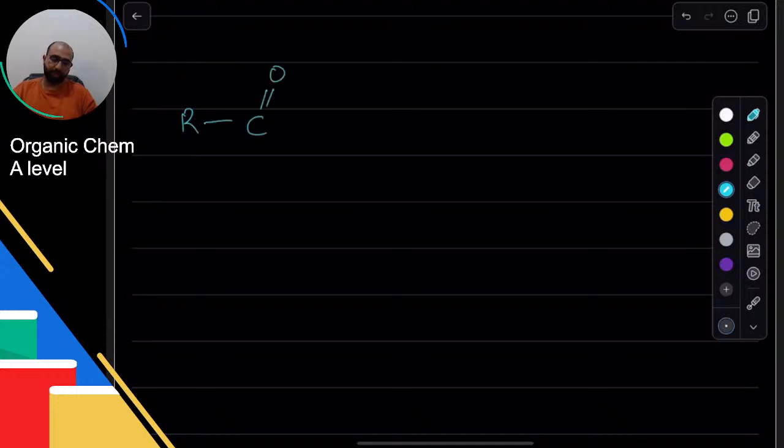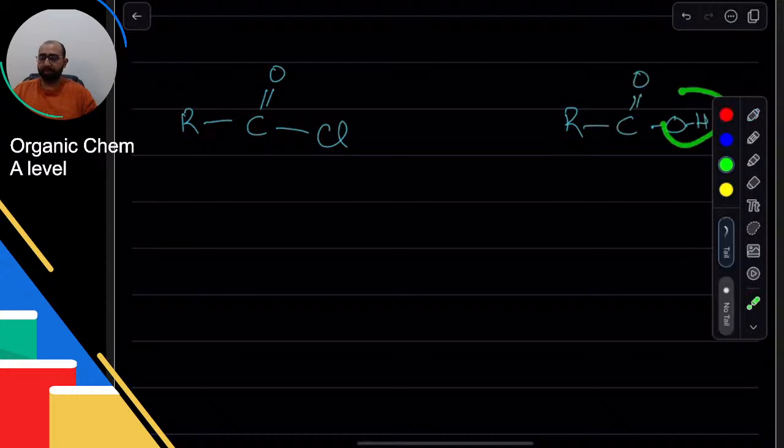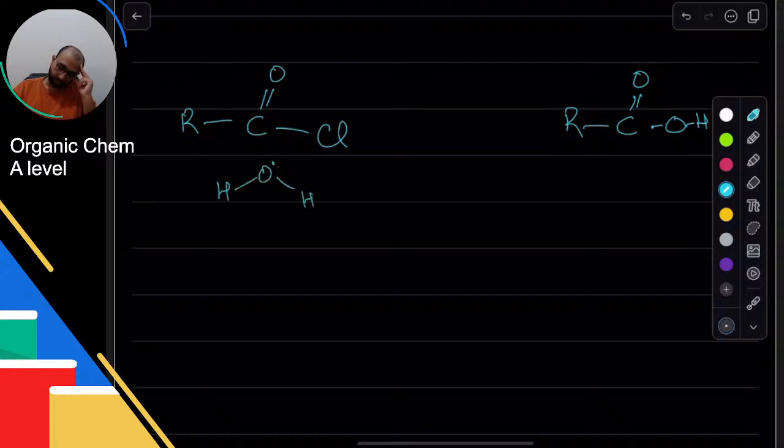So for example, if I have this and I want to end up with this, so that means I need this nucleophile. So that means where do I get it from? Water. So I'll bring in water with its lone pairs, make it attack this, push the electrons away. So when that happens, where does oxygen get its